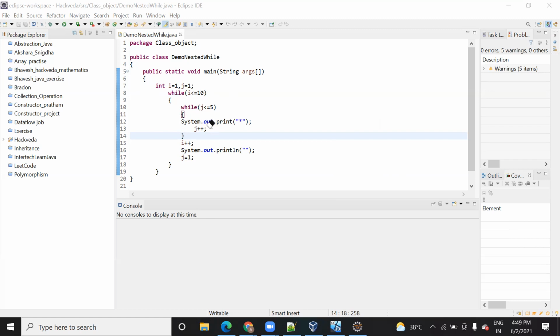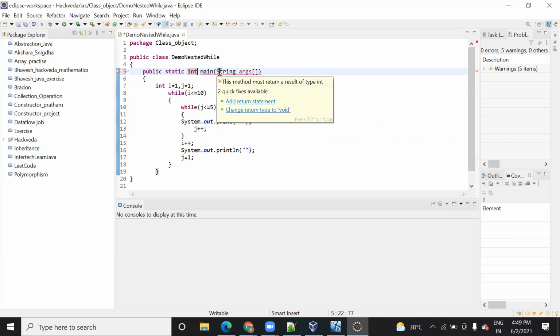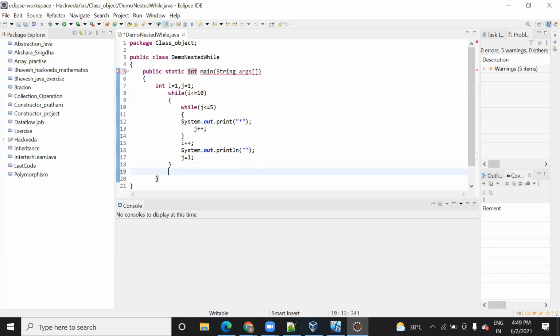But just in case I change the type from void to something else, then will it throw an error or not? It will throw an error because I'm not returning any value here. When I return a value, in that case the error will be removed. That's why I said it depends on the scenario. If you are trying to return a value here, it will not give you any error. But void tells you that you are not returning any value in this method.